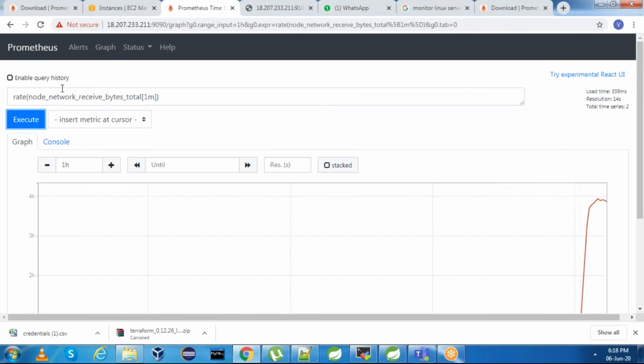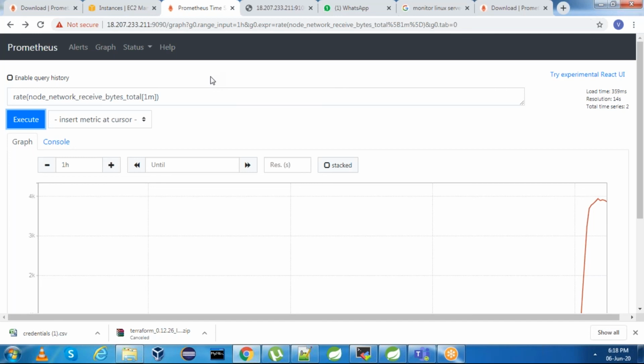different metrics of a particular server. If you want, you can watch multiple metrics as well, but for now I have shown you only one server. Likewise, you can monitor other servers as well. In the next video, we will integrate Grafana and Prometheus.